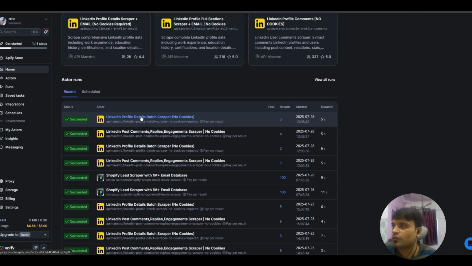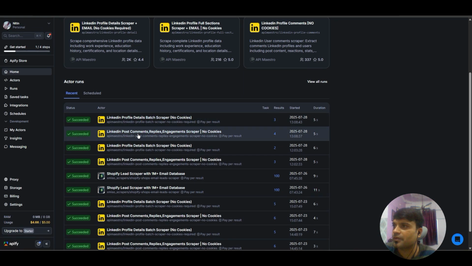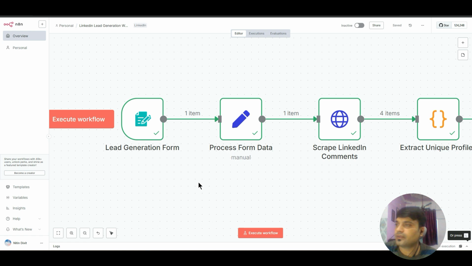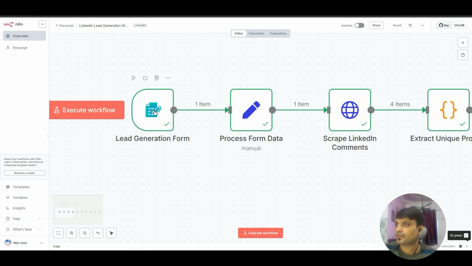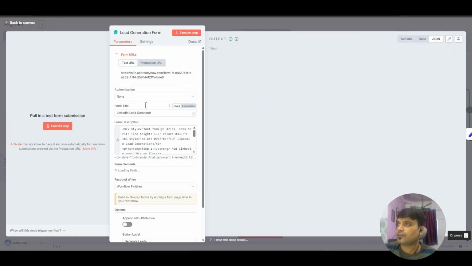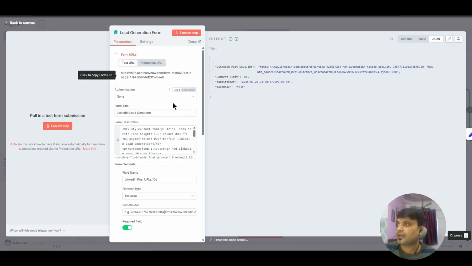So this one is for profile enrichment. This one is for scraping. Now let's go deeper into this workflow and see what's actually happening one by one. Now this is a form from n8n itself, and